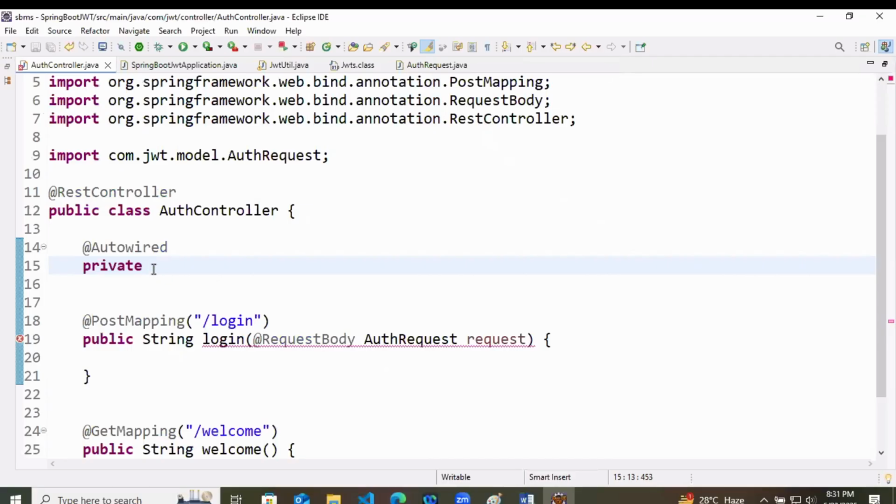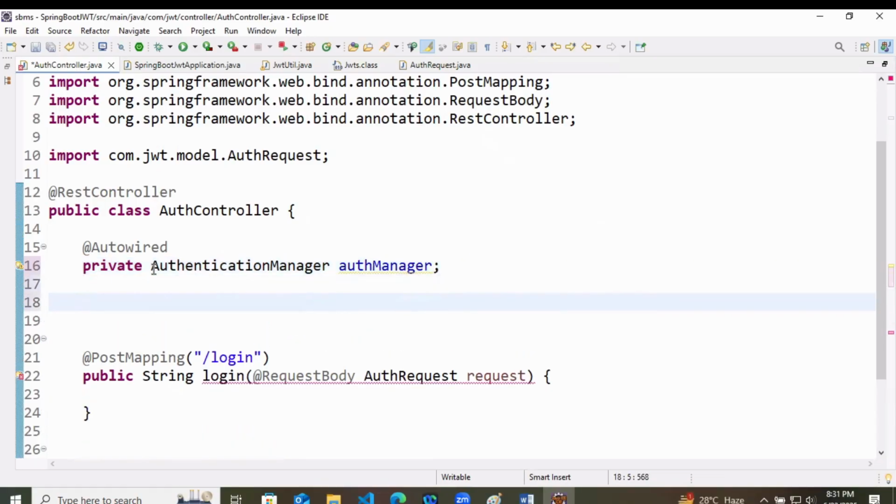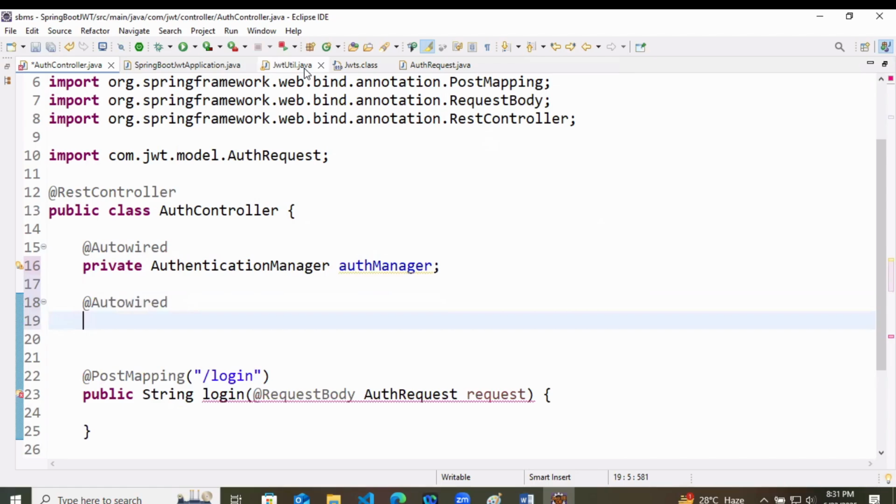So here I will auto wire the authentication manager, as auth manager, like this. You can import it. We are going to auto wire one more thing. Autowired. We have created one JWT util class for us to generate the token.